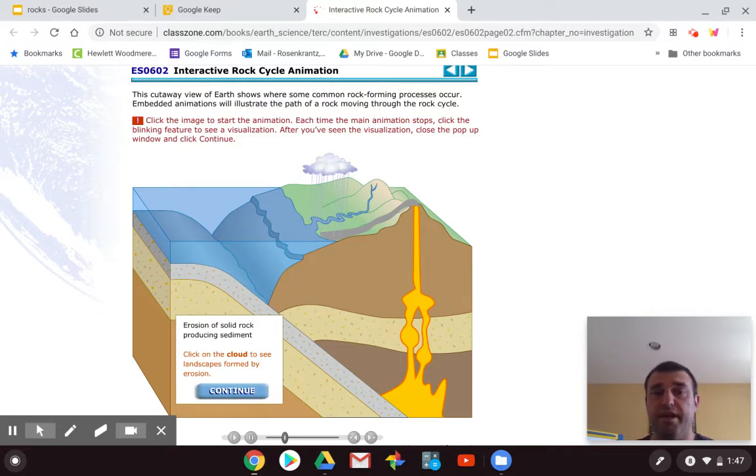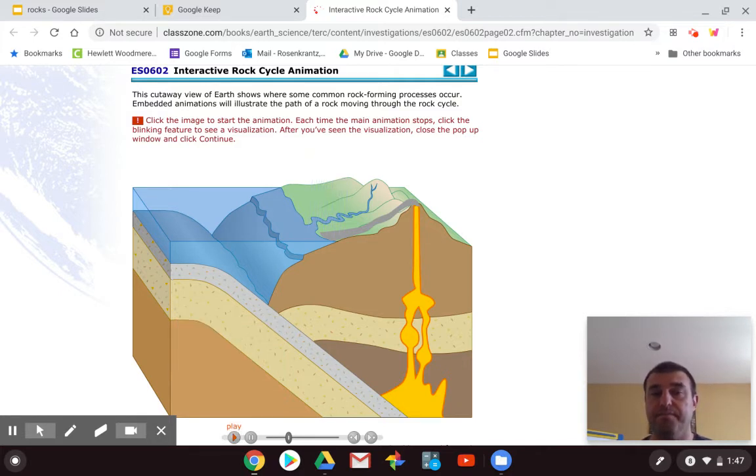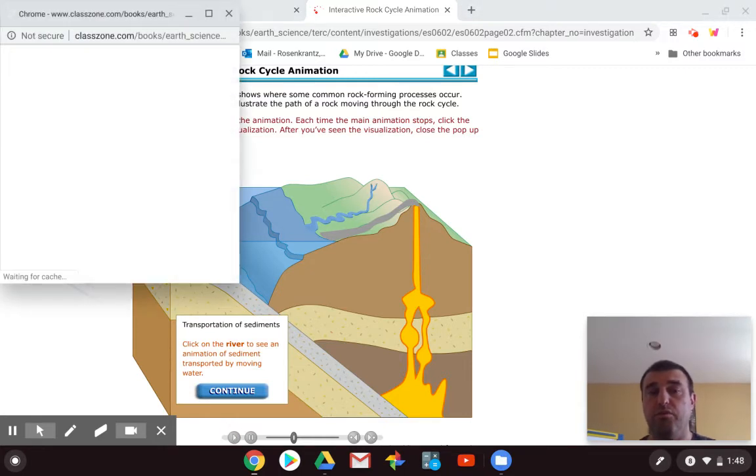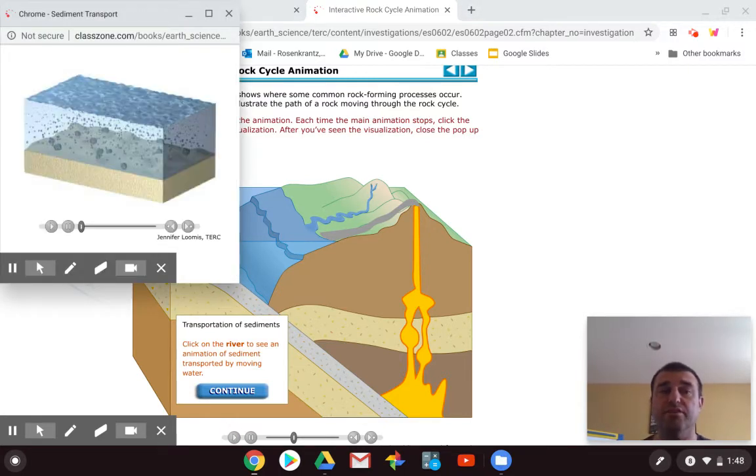So that's igneous. Well, what's that? That's a rain cloud. So that means it's weather. Okay, so weather is going to cause what's called weathering, which is just this unit's way of saying physically or chemically breaking down rocks. All right. So rivers will take broken down rocks called sediments and transport them. This is what's called erosion.